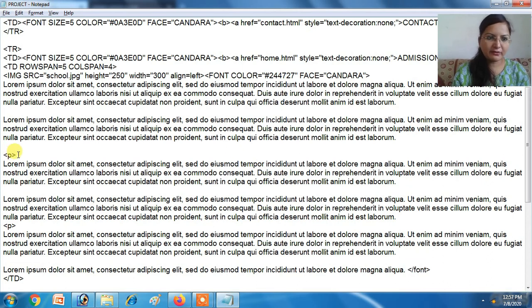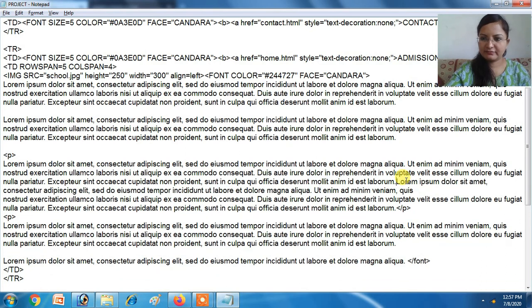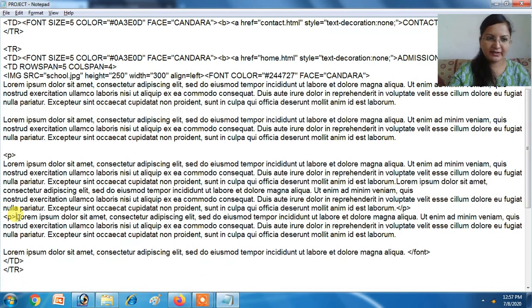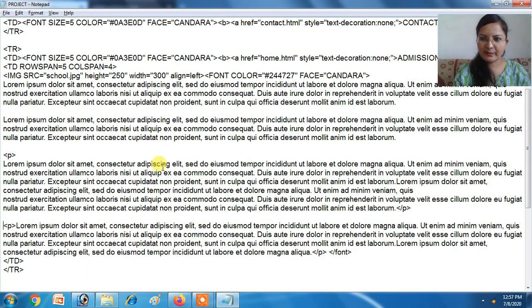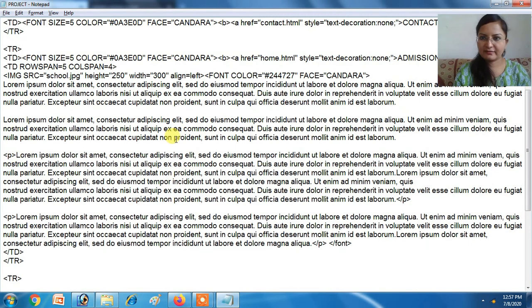And you have to close the font tag here wherever the content is ending, and paragraphs also we have to close. As we have started the paragraph here, we are ending it here. You can see this is one paragraph. After that here, this is another paragraph. Close it here, /p. See, enter and space I have kept, but HTML will not understand it. We have to use the p tag for proper spacing. This is second. That's it.